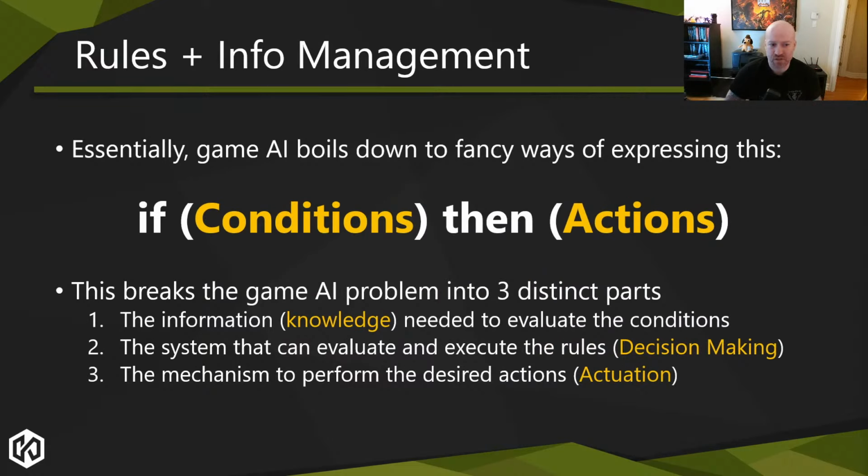So it basically just boils down to this: if conditions, then some actions. And you can separate it even further into three basic parts. The first is the information that I need, right? That's the condition part. I need to know something about the environment, the game, whatever, to validate those conditions. Secondly, I need the system that actually evaluates the rules. That's the whole if-then part, the decision-making aspect. And then we need the final part, the actions. What happens if this rule matches? What do we do then? That's the actuation layer. And those are the three major things that we need to focus on. And that's what this talk is going to foundationally cover.